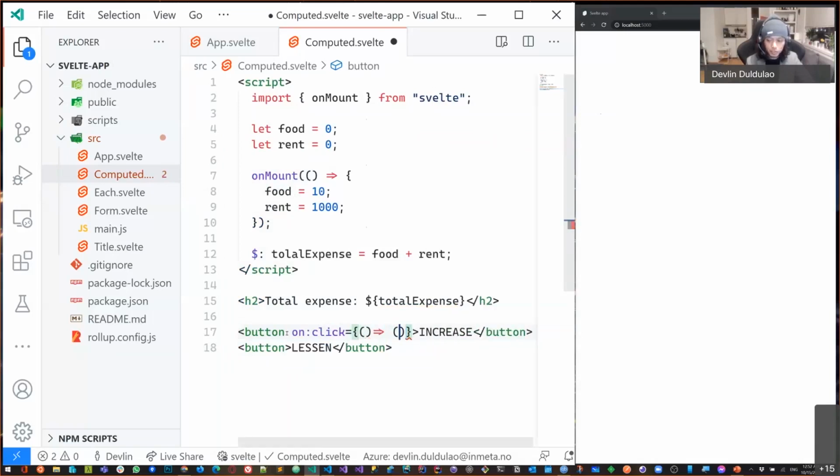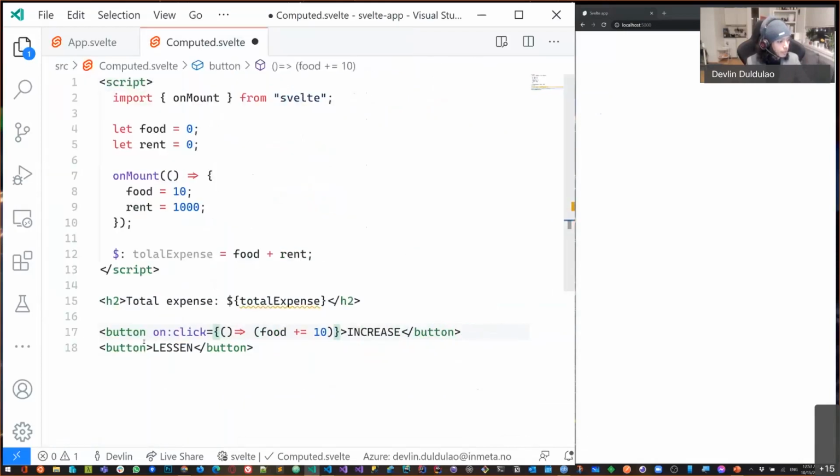And for now, just food, say plus 10 for the increase. Not sure if you can see it. Then let's just do it again here, just to render it. Probably here, say also, food will be,